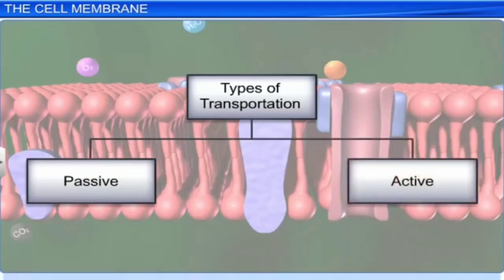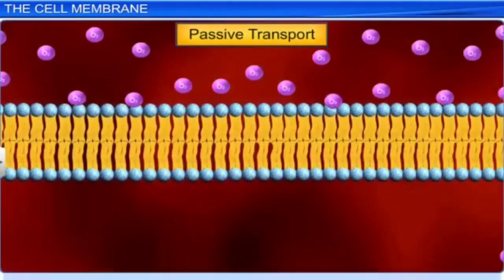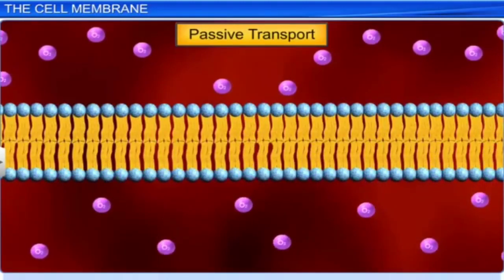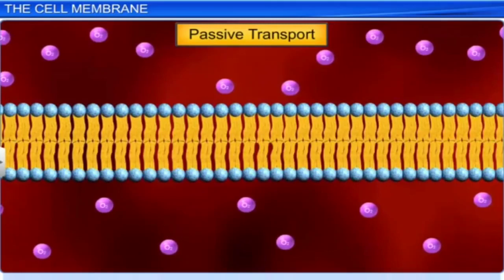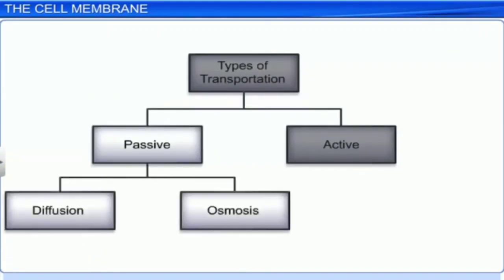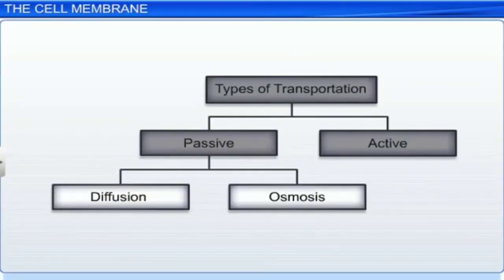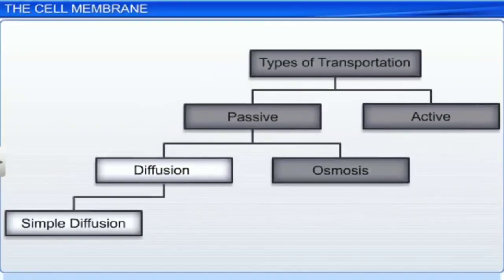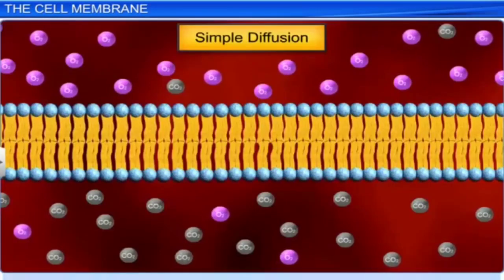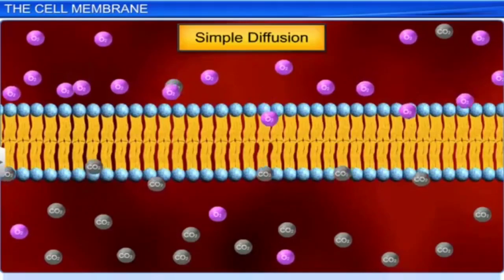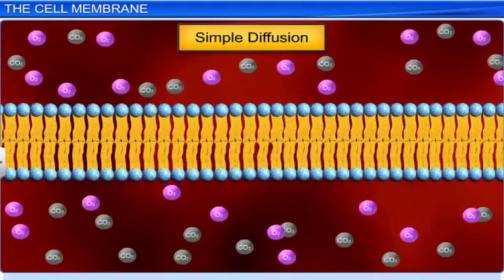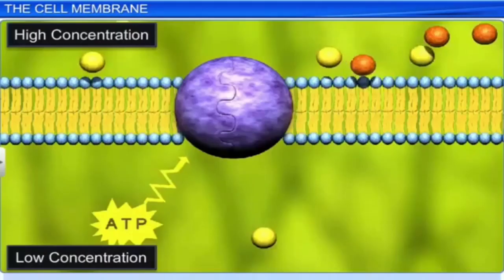In passive transport, substances require no metabolic energy to move across the membrane. Passive transport occurs either through diffusion or osmosis. In a cell membrane, we observe simple diffusion and facilitated diffusion. In simple diffusion, oxygen and carbon dioxide molecules freely move across the membrane from higher to lower concentration, whereas larger